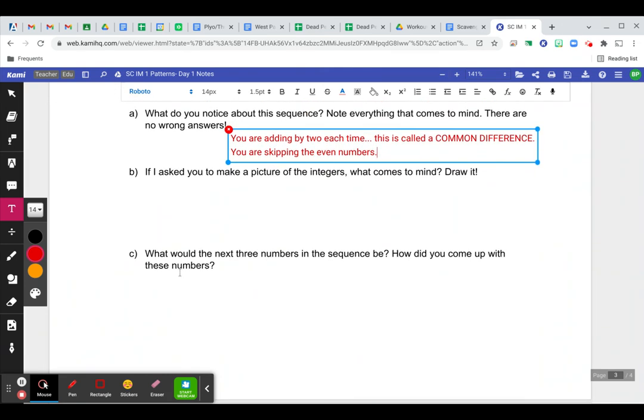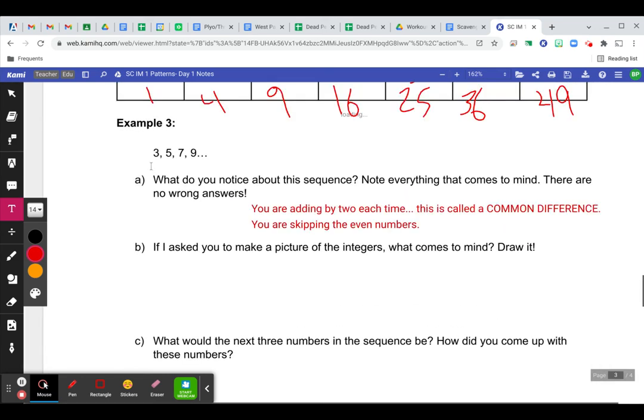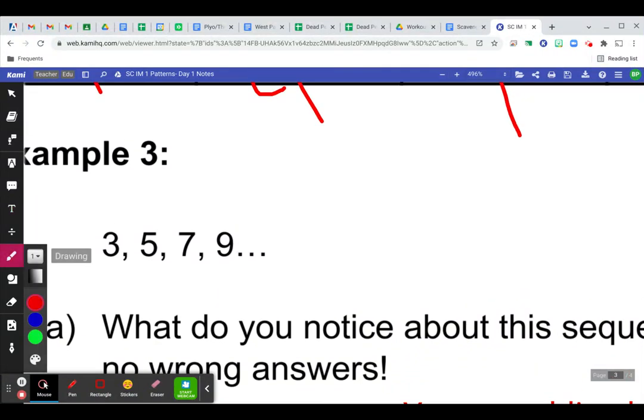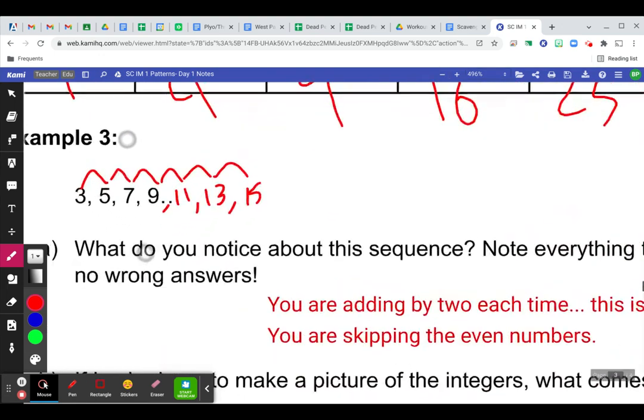And then for C, what would the next 3 numbers in the sequence be? Well, if we continue with the same pattern that's happening here, pretty sure we'd agree that this would be 11, 13, and 15. If we continue that plus 2, plus 2, plus 2, plus 2, plus 2, that common difference,